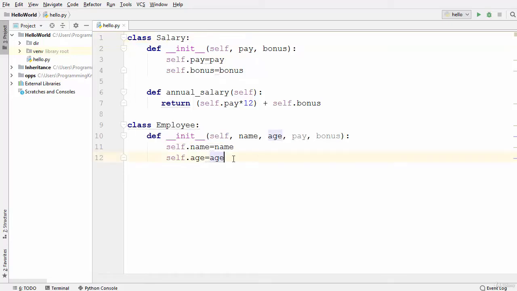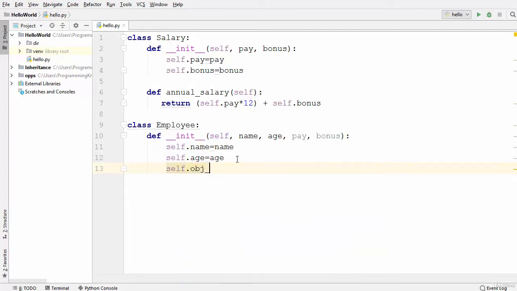So we know that we cannot use inheritance here, but we can use a concept called composition here. And composition means that we are just delegating some responsibility from one class to another class. So how to delegate this responsibility? We can just create one more variable here. For example,